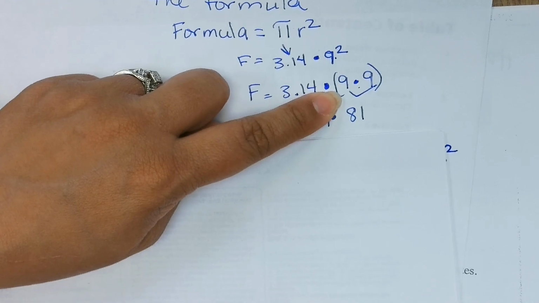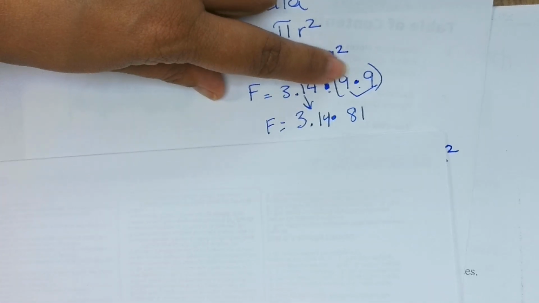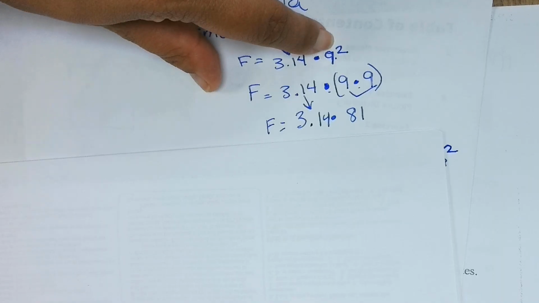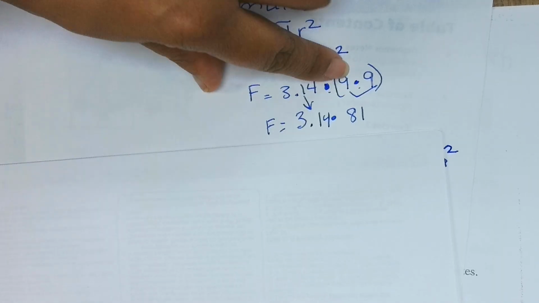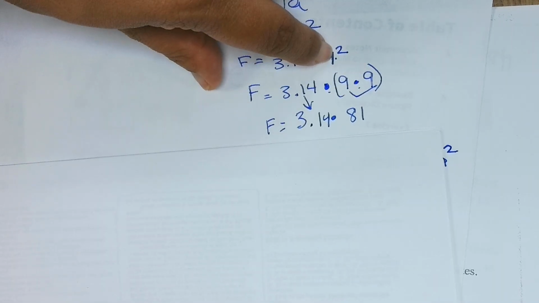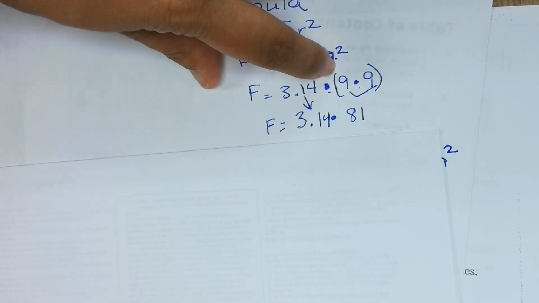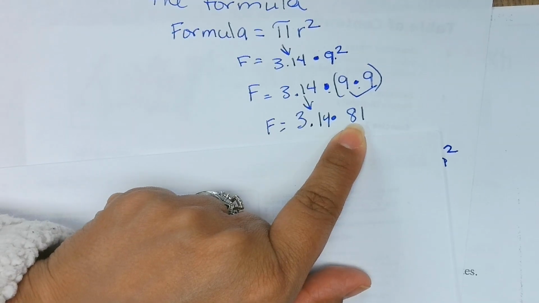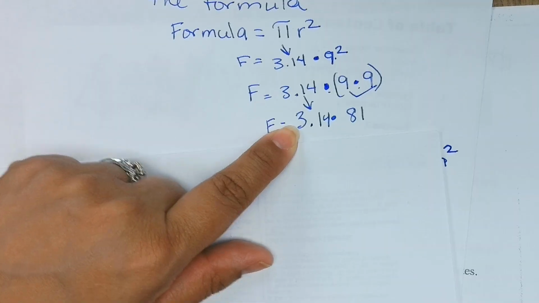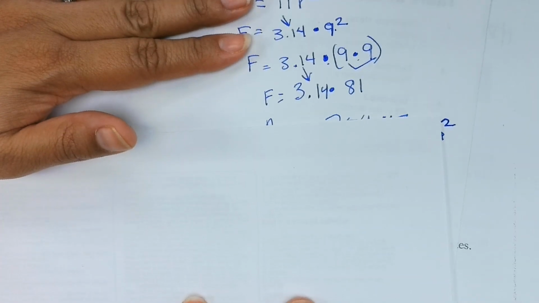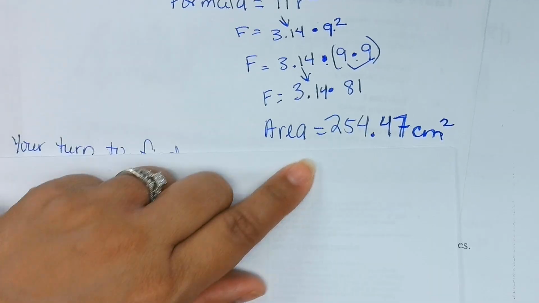And because of order of operations, I'm going to use PEMDAS. And I know that I always do my exponents. And my exponents were 9 times 9. It's not 9 times 2. It's 9 to the second power, which is 9 times 9, which I get 81. I have to then multiply 3.14 times 81. And I get my area of